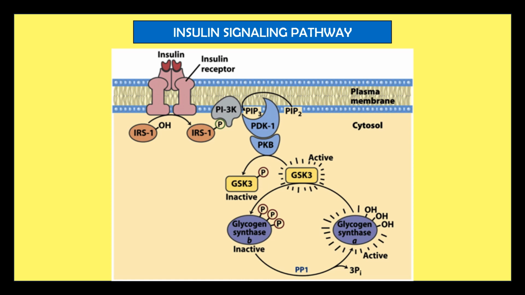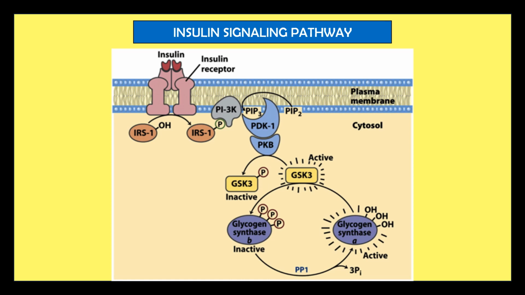The phosphorylated insulin receptor next phosphorylates insulin receptor substrates on the tyrosine residues. The phosphorylated IRS binds to the SH2 domains of a variety of proteins that are directly involved in mediating different effects of insulin. IRS1 phosphorylated by the insulin receptor activates PI3 kinase by binding to its SH2 domain, and the PI3 kinase converts